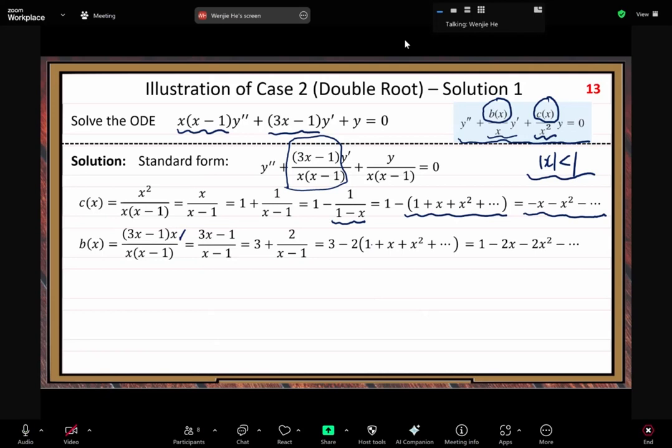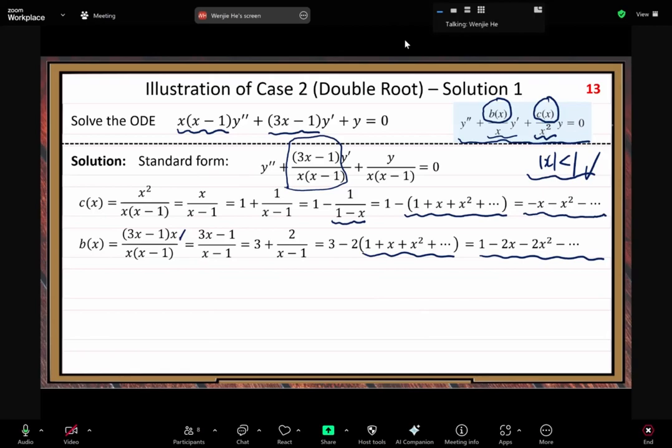Can you see what the convergence interval of that one is? Although you can apply a theorem, here you just look at the convergence interval, the same convergence interval. All right. So now, after we get the power series representation for the B function and C function, next,